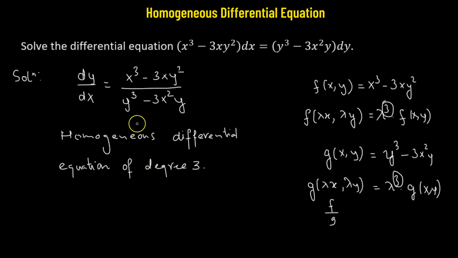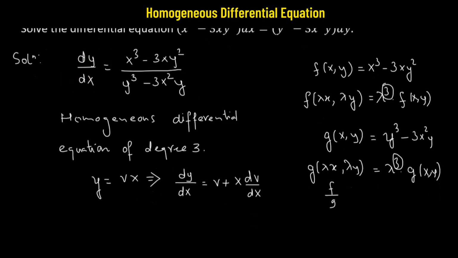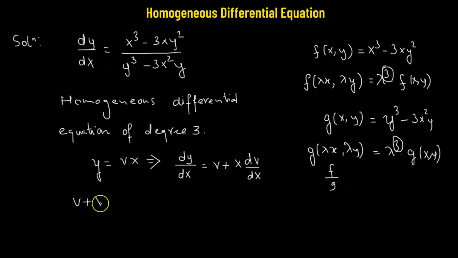Fine. So how do we solve this type of differential equation? All we have to do is replace y with vx. And we can differentiate both sides with respect to x. So that will give us dy over dx equals v plus x times dv over dx. So this means our differential equation can now be rewritten as v plus x times dv over dx